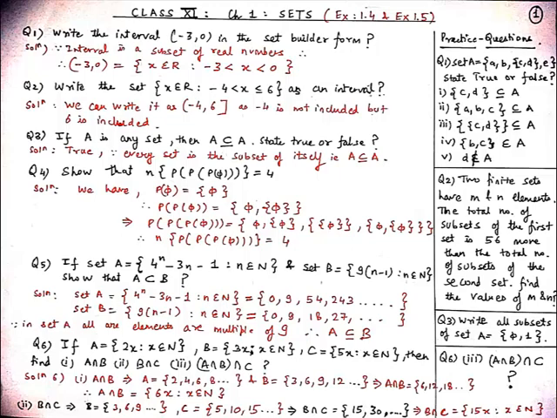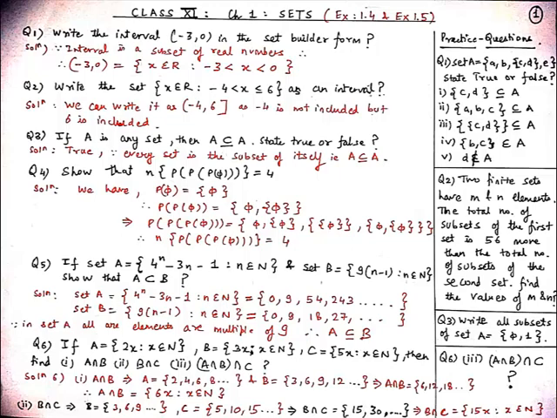So again we will put n = 1. So we get 1 minus 1 = 0. So 9 into 0 is 0. So our first element of set B is 0. Then we will put n = 2. So 2 minus 1 is 1. So 9 into 1 is 9. And then we will put n = 3. So 3 minus 1 is 2 and 9 into 2 is 18. And then we will put n = 4. So 4 minus 1 is 3 and 3 nines are 27. And similarly on different values of natural numbers we will obtain our set B.